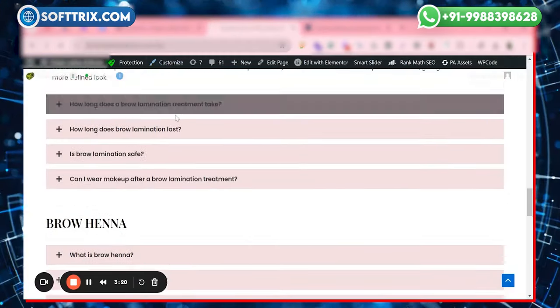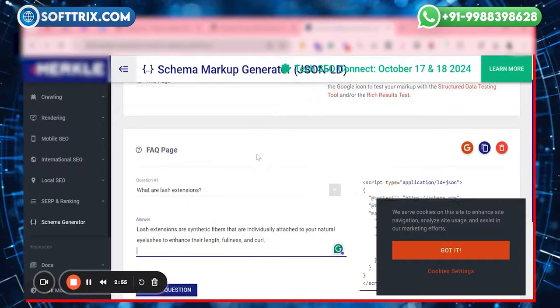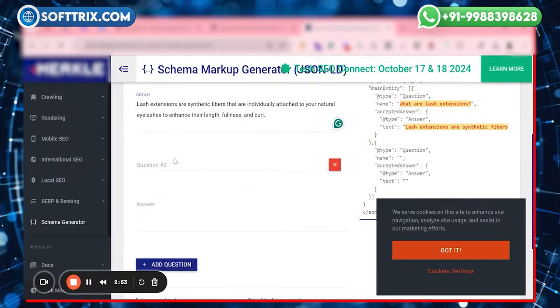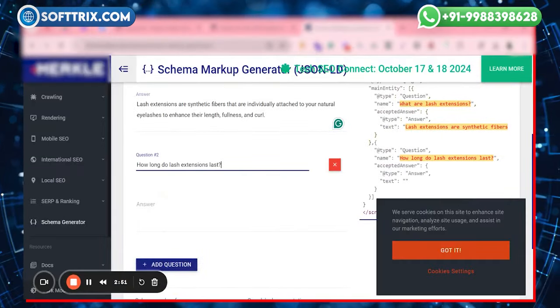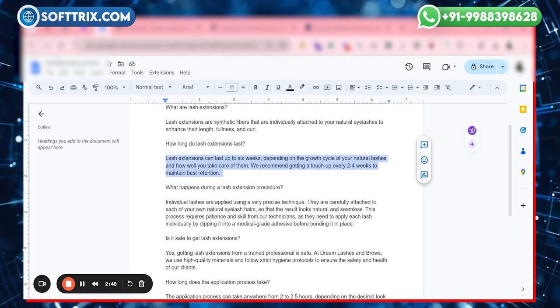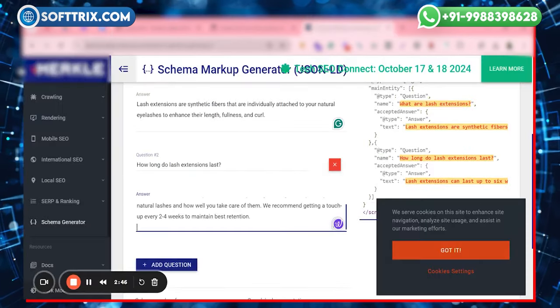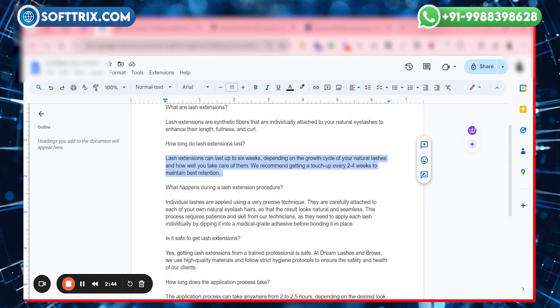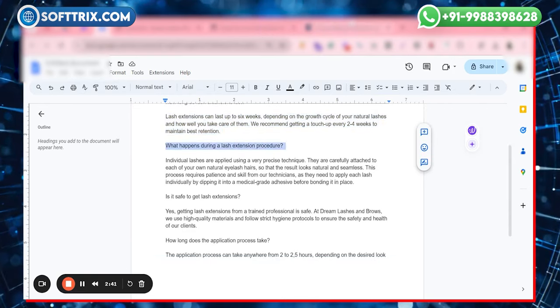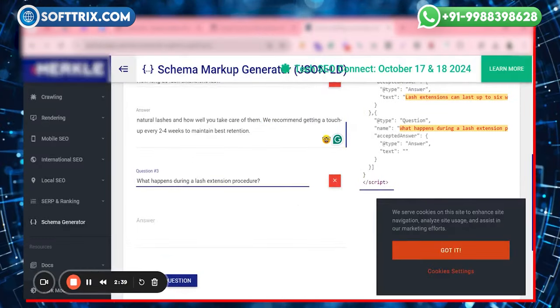So these all are the questions and below is the answer of each question. I have these questions in my Word doc already added here. So I'll copy the first question and add it here. Then the answer for that, like this. Copy the second question, click on add question here, copy paste your questions directly like this and proceed further accordingly. All these questions which I am copy pasting from this blog are present on my website.